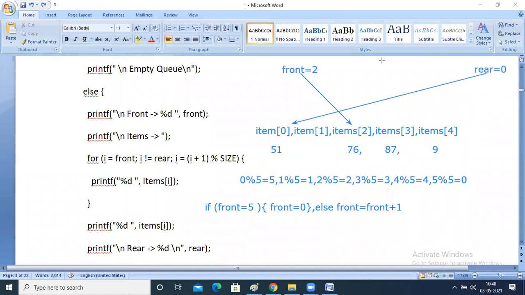See here, for example, this is the queue: 76, 87, 90, 51. Front is equal to 2, rear is equal to 0.